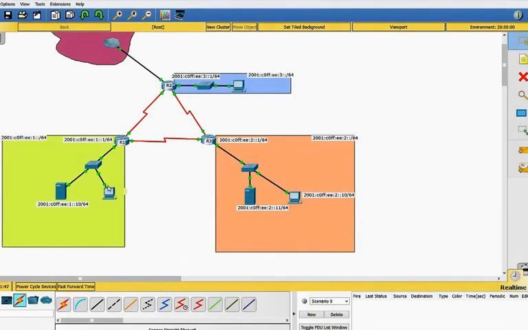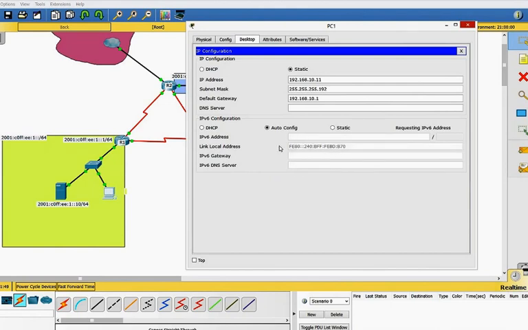Now, on our other PC, I've got autoconfig running. I don't have an address acquired. I've got no gateway. It has obtained its local FE80 or link local address. So we need to get this up and running. We're not going to use DHCP. We're actually going to use this one, which is